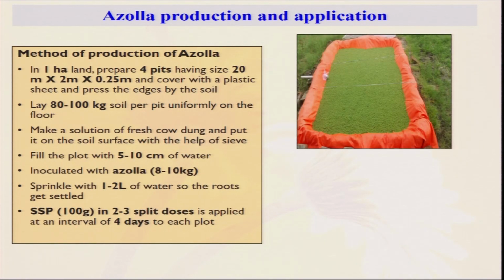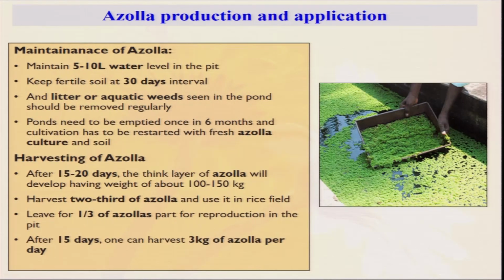If you see, in a small plastic tank a farmer is producing azolla. For 1 hectare of land we need only this much size, about 4 feet. So, we can produce the azolla initially in this pit, and we can apply 5 to 10 centimeter of water inoculated with the azolla, and within some time this will be ready for our fertilizer application. So, in organic farming we have to always promote the use of azolla, but for commercial cultivation, integrated nutrient management and others, we are promoting azolla and we can use SSP, but in case